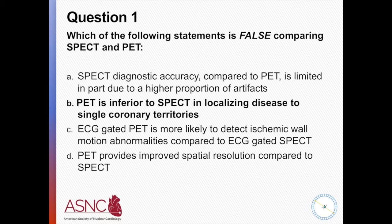It works well in people who have balanced disease, especially when you add attenuation correction and flow reserve, that we're not going to be talking about in this session. So clearly, PET is superior in all of these categories to SPECT. Correct. And then if we move to option C and D, I think we talked about this particular statement